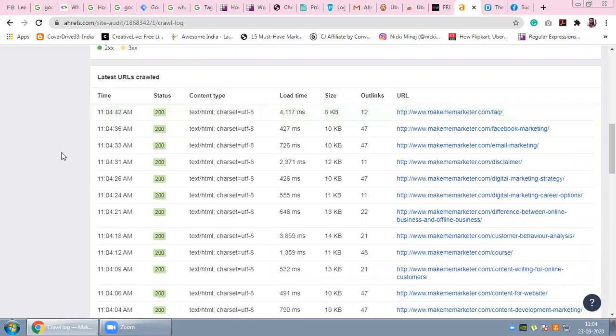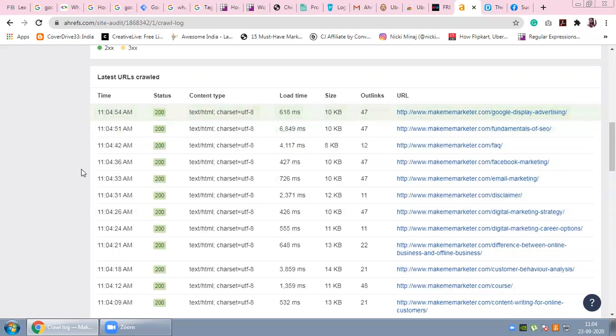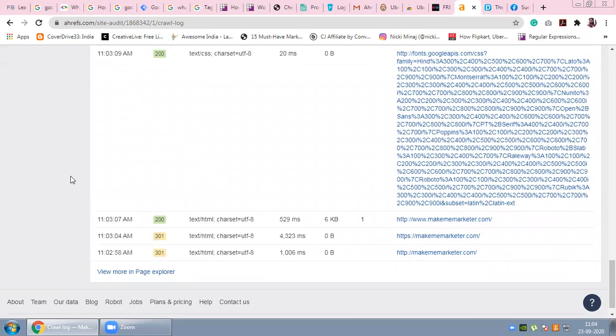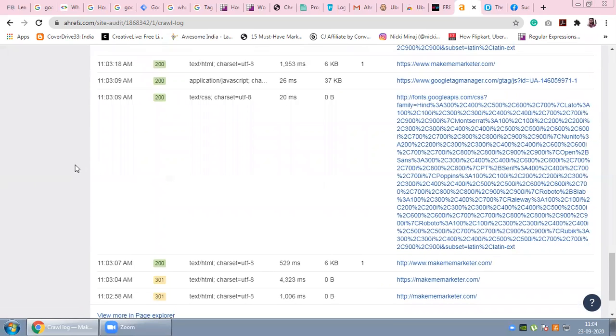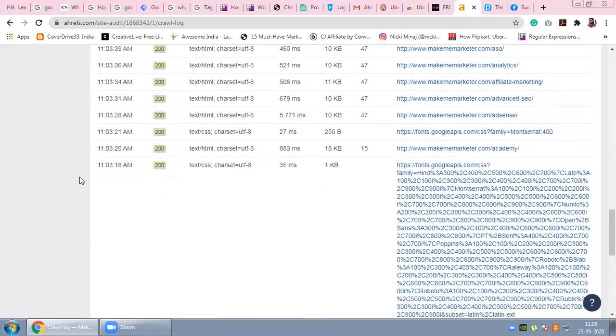See, this is getting changed. If we closely monitor this, this particular URL will change in another 2 minutes. See, this got changed. This crawl report is from the Ahrefs crawler bot.